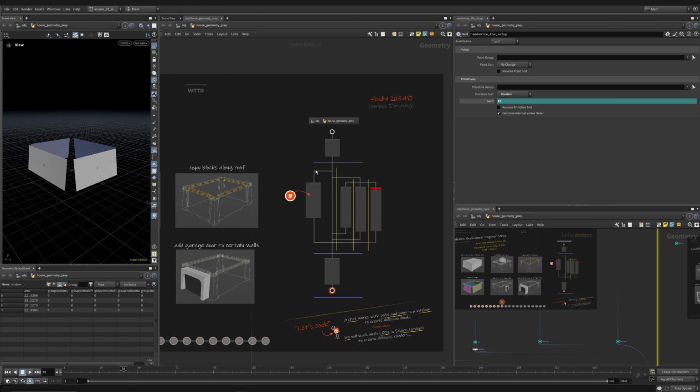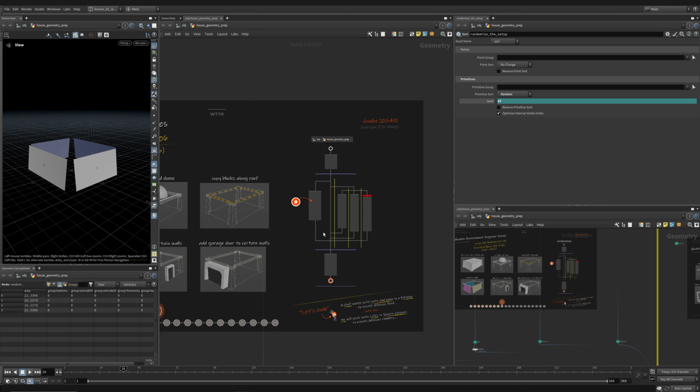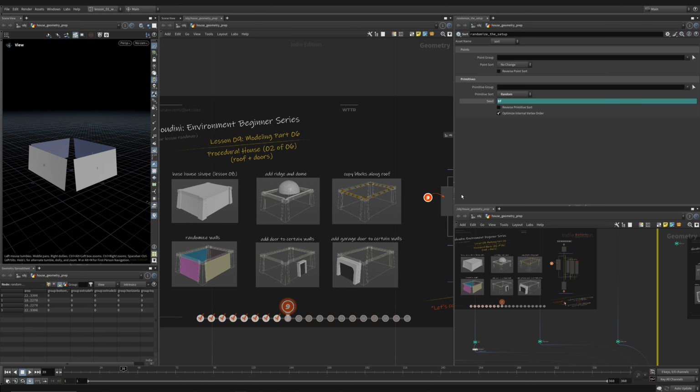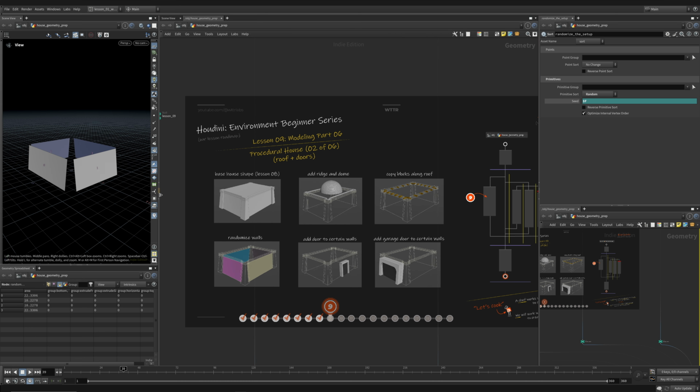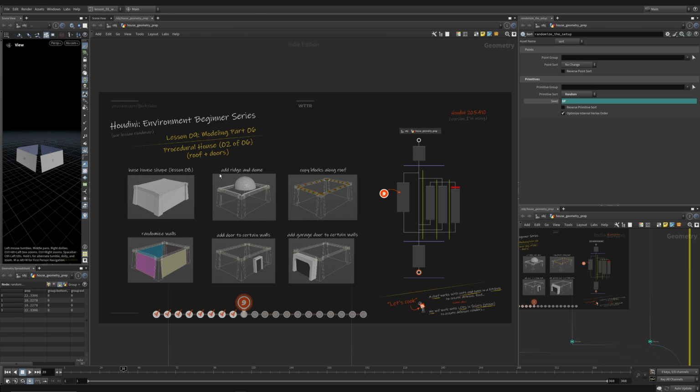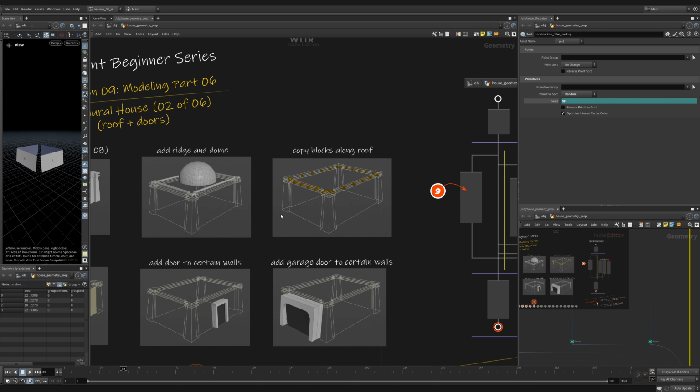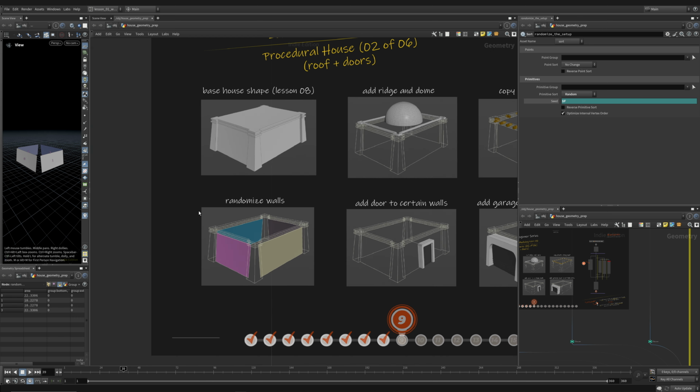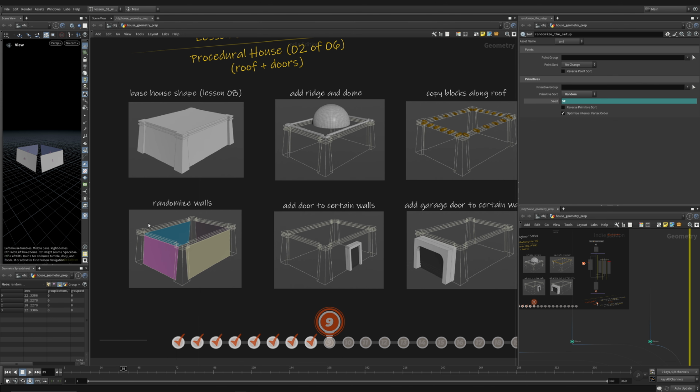We're going to continue where we left off and keep going with our house modeling, but this time I'm going to make this a little bit bigger so we can see the whole slide. We're going to take the base house shape that we ended with at the end of last lesson, lesson 8, and explore how we add a ridge and a dome to the roof, how we add some additional wooden blocks here, how we randomize some of these walls, which we did cover a little bit last time,